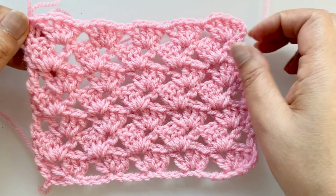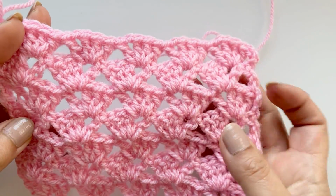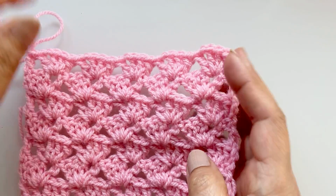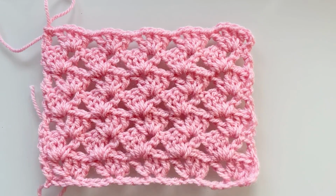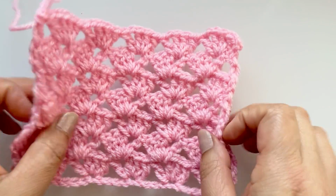Right, I've got the Drunken Granny Stitch pattern for you here today. Now there's quite a few Drunken Granny Stitch patterns on YouTube, and I've had a look at some of those and at some patterns online, and what I found was that there are different variations. They're all called Drunken Granny pattern, but